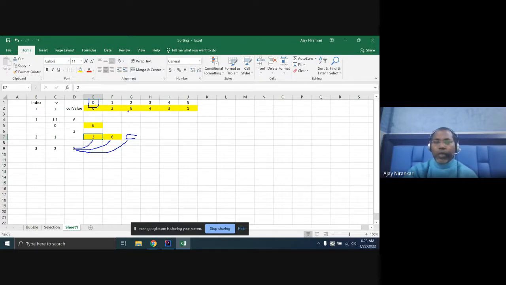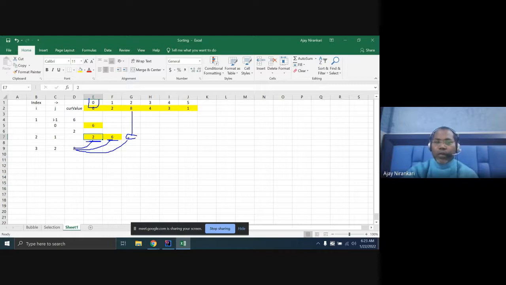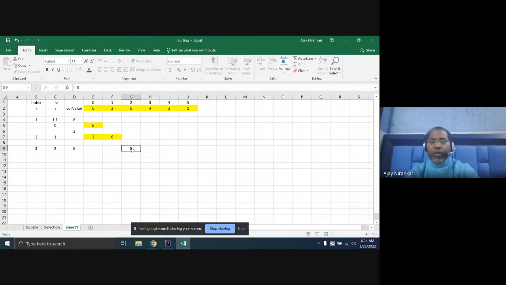So this is the 8. Is this value less than? No, this value is less than. So you don't need anything. Just copy here in the same place, right? So in the third iteration, you will find this would be the same place, 8 place. Now either 2, either 6. So in the third row, you find the third sorted.